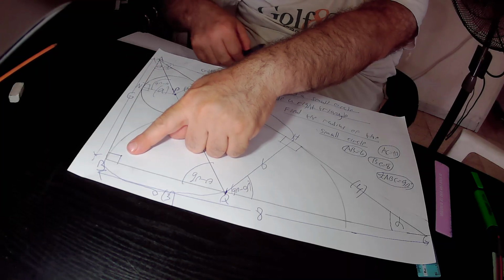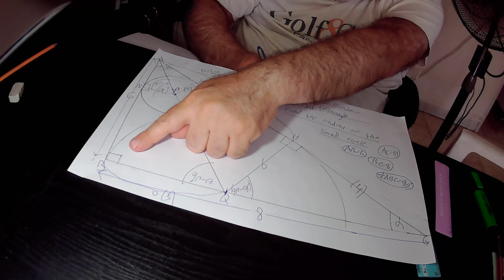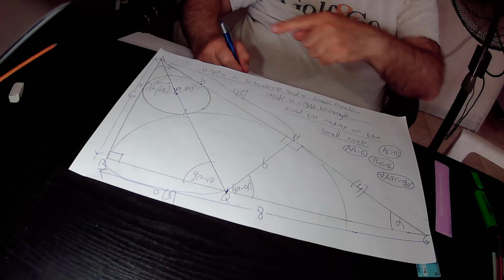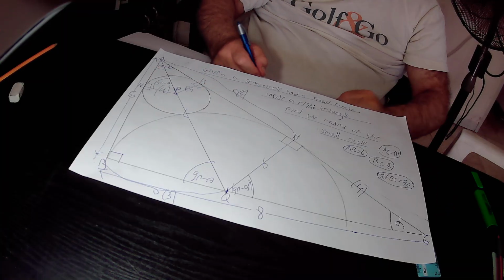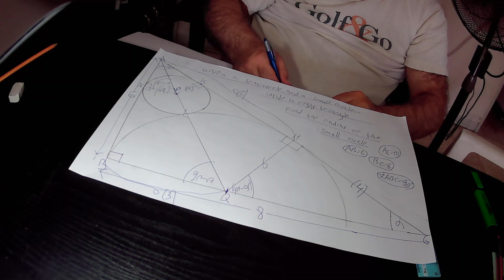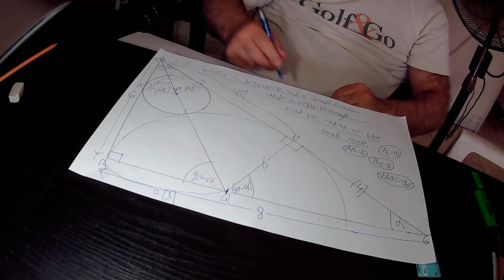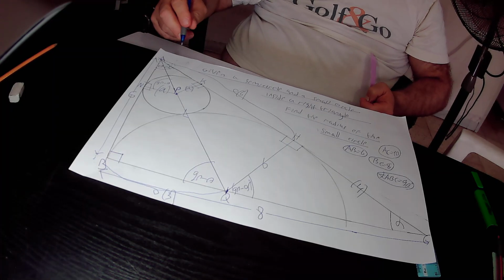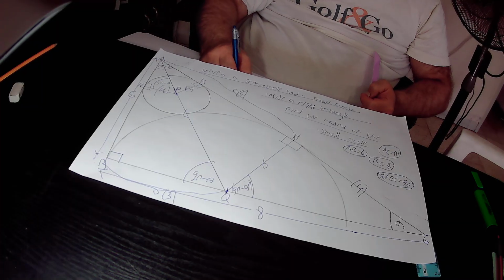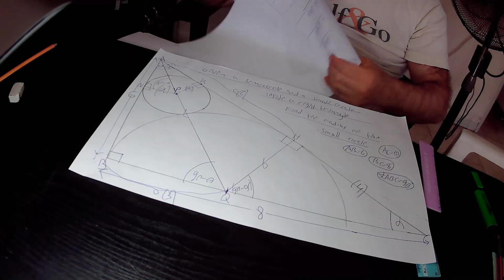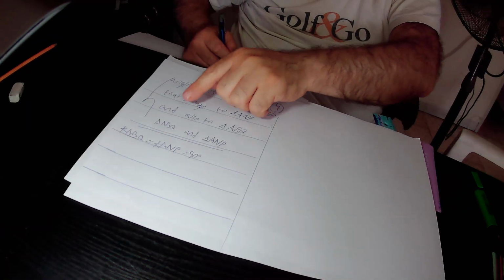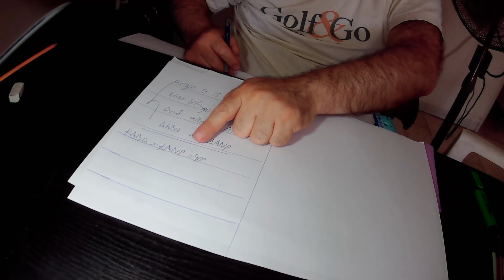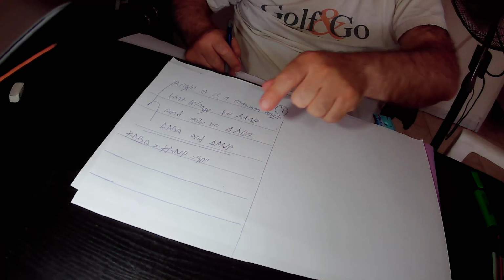So actually this is angle ABQ in the big right triangle ABQ, and it is equal to this angle, angle ANP in the small right triangle APN. So again, angle ABQ equals angle ANP, they are both equal to 90 degrees, therefore they are equal to each other. In addition,